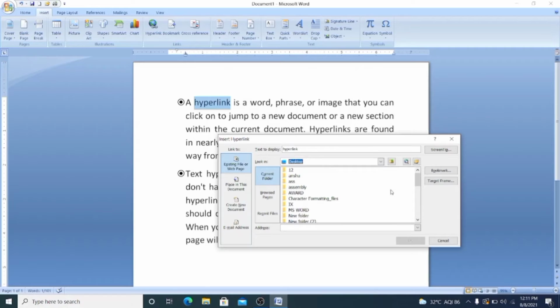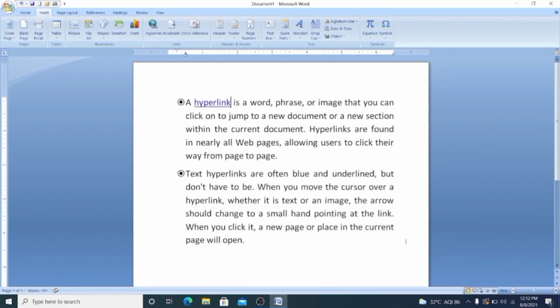Suppose I select my desktop here, and now I want to choose the file that I want to make a hyperlink. Suppose I want to assign this PDF1 as a hyperlink, then I select this file and click on the OK button. Once I click on the OK button, you have seen that this particular word turns blue, and it also contains an underline.